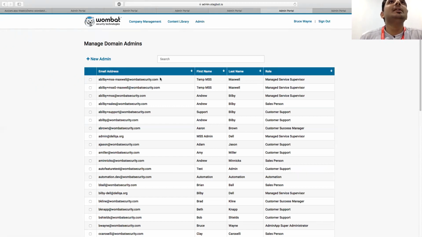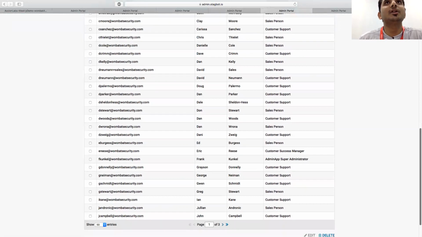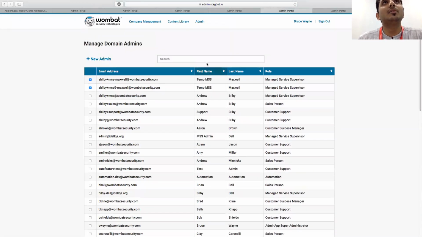So simply this is a listing of all the users. You can select multiple, you can delete them straight away from here, and again pagination is supported. You can search for a specific user, you can add a new user to it,